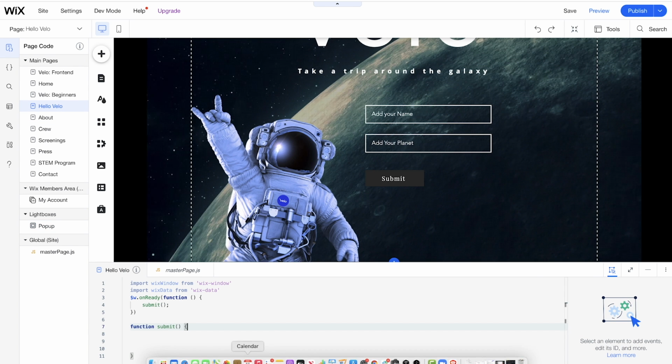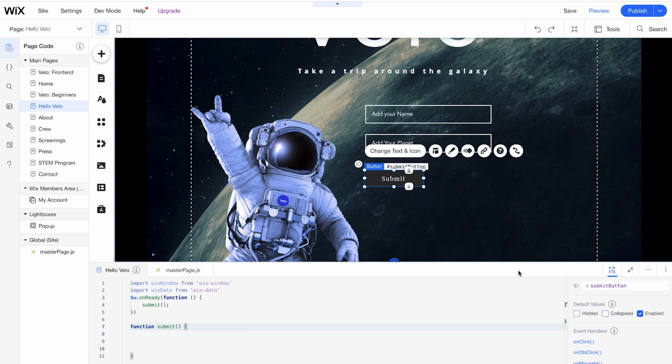And let's begin by creating a dynamic event handler with that submit button. So you have a submit button here. We have already ID'd it. And this one is called submit button. There's no event handlers here that are already taken from the static event handlers menu, but I'm going to be creating a dynamic event handler now.